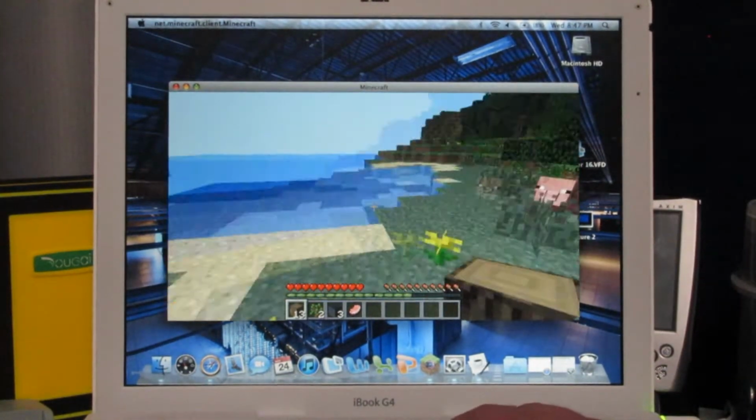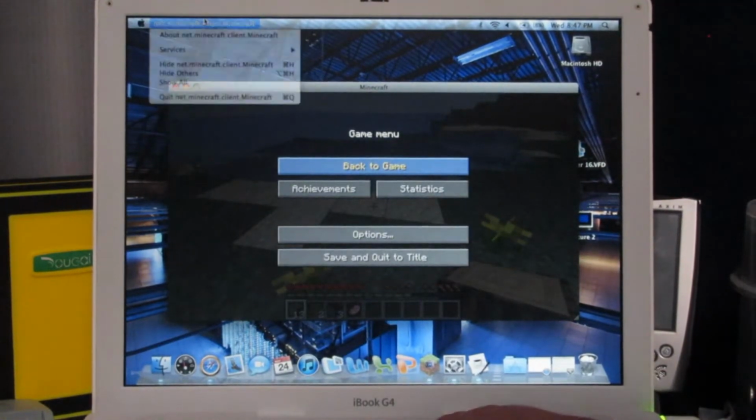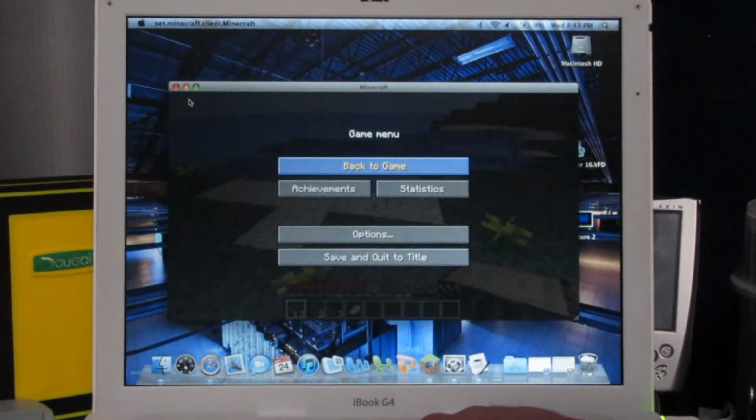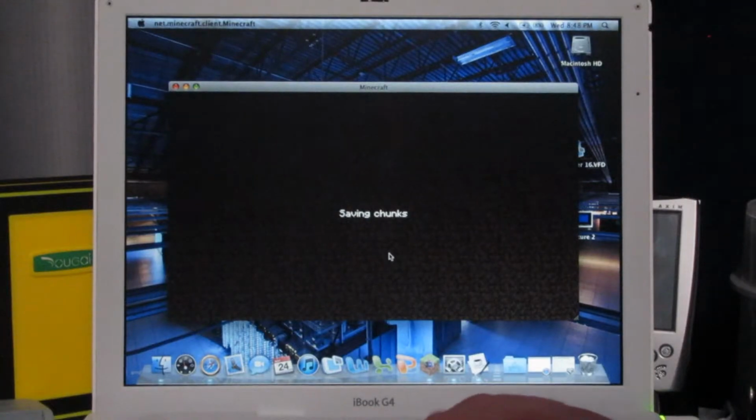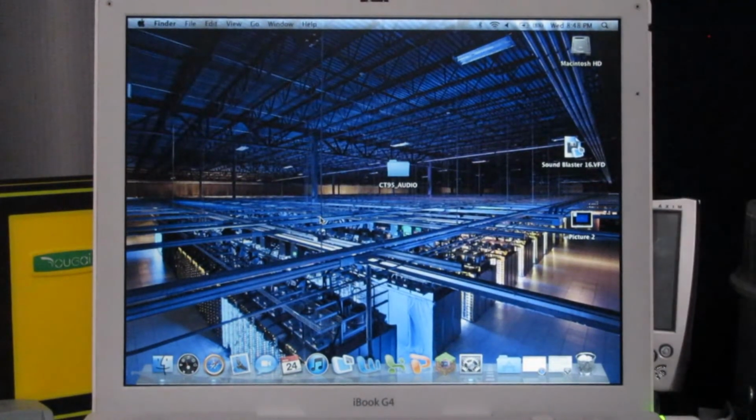But yeah, it's totally playable here. We're gonna quit out of this. Just kidding, it won't let me. We're gonna just quit out like this. Just kidding, it won't let me do that, so I guess I have to close the game like a sane person. Now, when it comes to running, let's just say you want to run some newer applications on this computer,